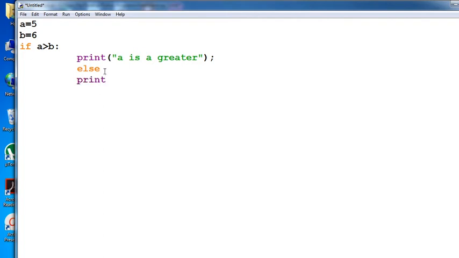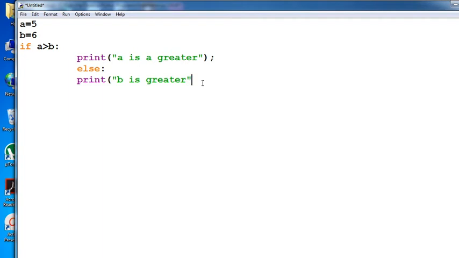That means by default the condition is that b is greater. Okay, print b is greater.